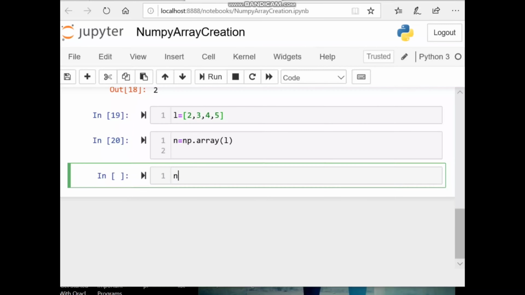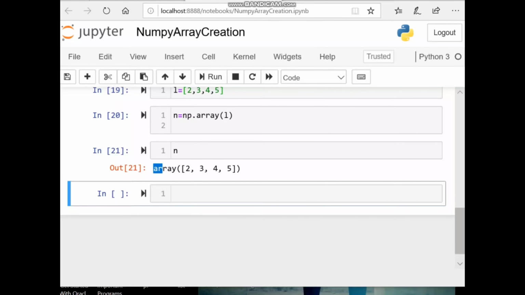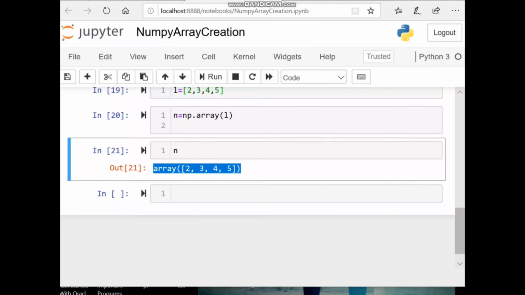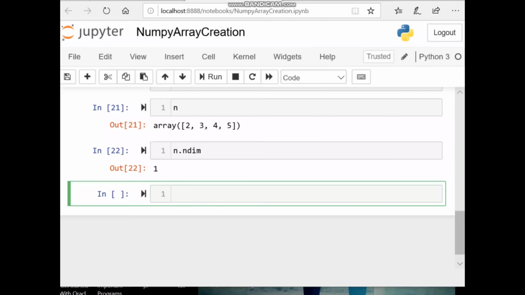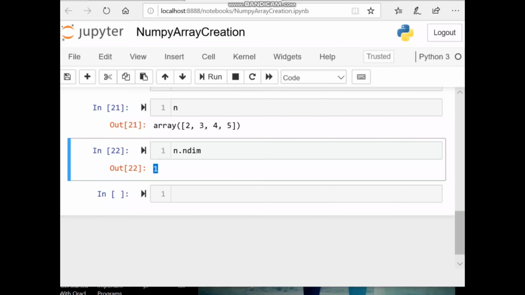So n and shift enter. See this is a NumPy array. And now we will check the type of this array, I mean 2D, 3D or 1D. So we will use the function ndim. So n.ndim and hit shift enter. See this, 1. This is a 1D array. Okay.